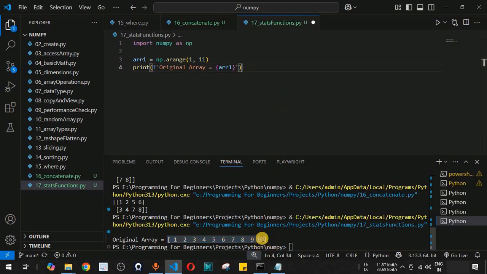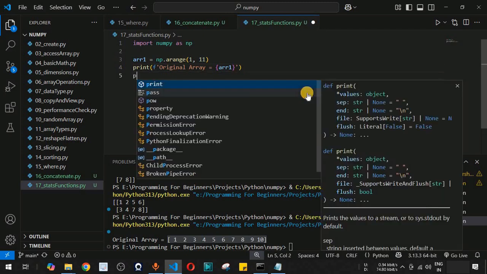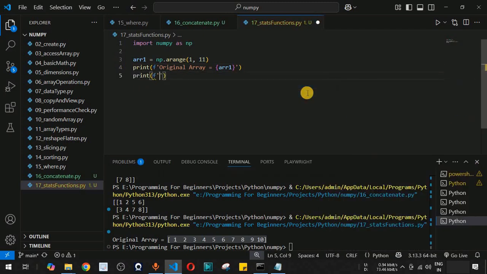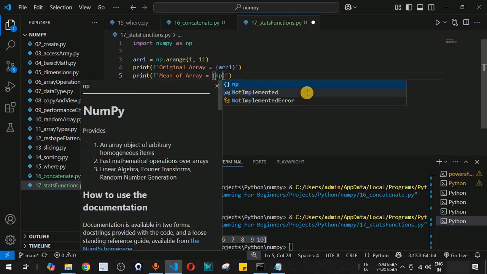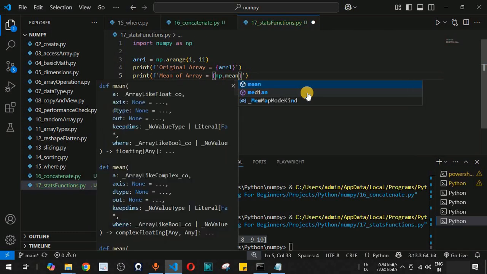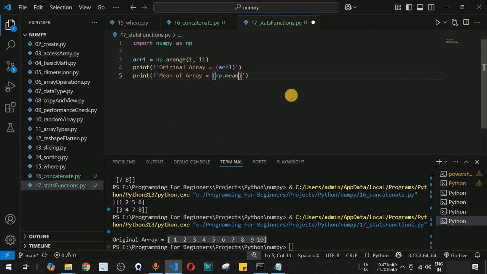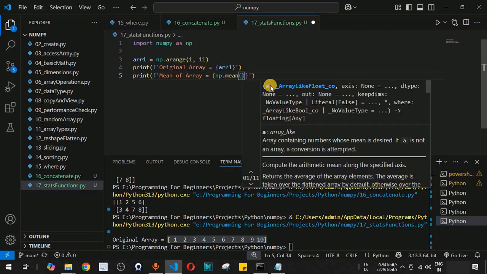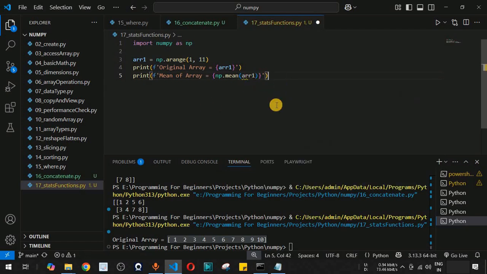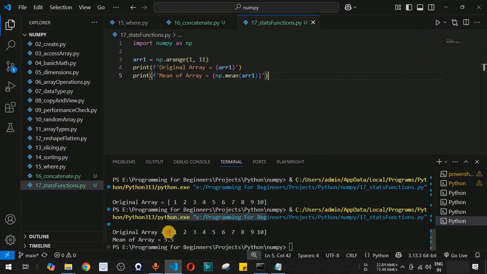Now guys, let us see how we can simply provide the mean or the average of all these numbers by using the NumPy function. So simply over here we will say print, and then we will say mean of array is equal to, and then within the open and close curly braces over here we can say np dot, and then we have the mean function that helps us find the mean in this case. We provide open and close parenthesis, and simply you can provide the variable that is having the array over here, which is array1 this time. So when we say array1, let me just save this file now and try running this code on the terminal. So as you can see, we have the original array 1 to 10 over here, and the mean of array